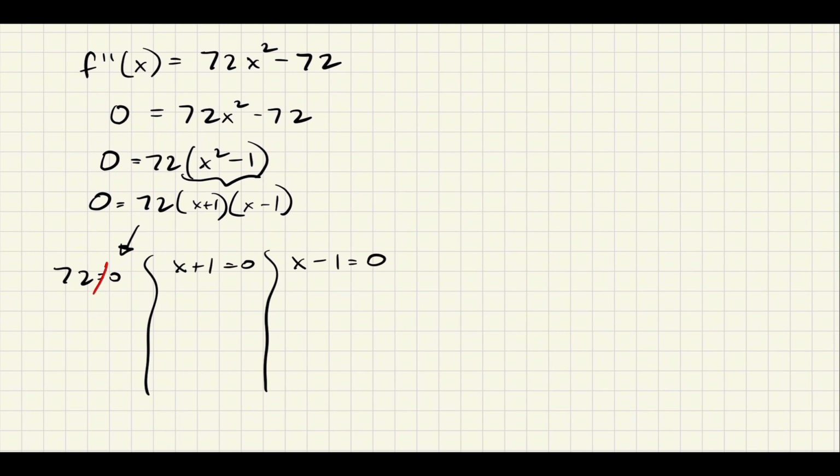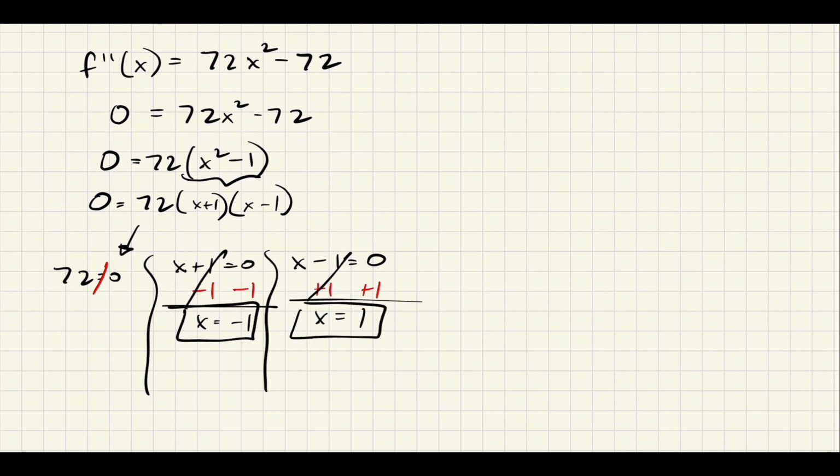So it's not going to give me an answer. Okay, so the other two, subtract 1 from both sides, add 1 to both sides. So I get two answers. Negative 1 and positive 1. Those are critical values, but for second derivatives,